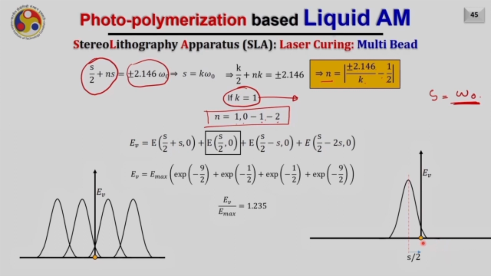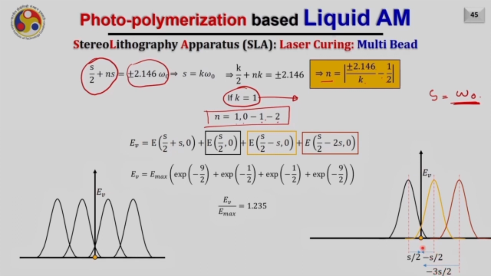So we can see that this particular point which is of our interest is at s by 2 distance from this particular pass. Further, let us consider another point which is here shown in the yellow color, and it is obvious that the point of interest is at minus s by 2 distance from the center line of the yellow color pass. Next, we can consider this particular term, which is correspondingly shown here in the brown color. And obviously again we can see the point of interest, which is in the yellow color, is at minus 3s